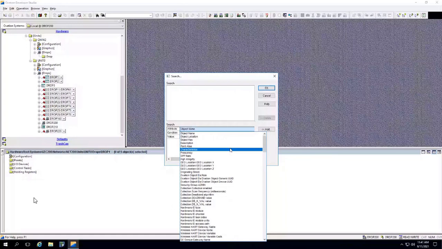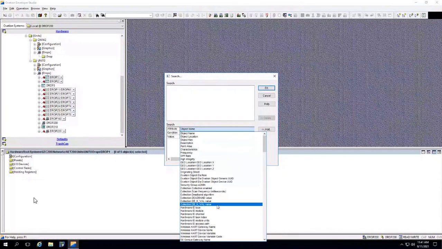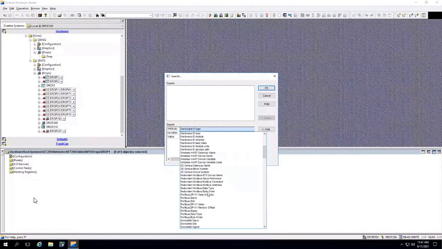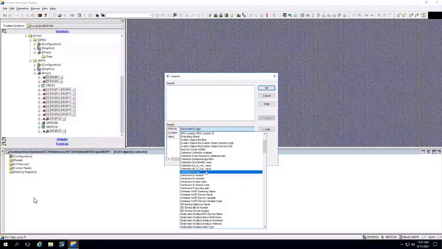From this, you need to select the property of the analog. These all are the properties of the analog points. That means after making the first filter for analog points in the beginning, the system gives you the properties of the analog points as a filtering mechanism. So I want to make a filter of hardware IO type from the drop down list. Give me a yes if you can see this section of hardware IO type in the drop down list. Yes, we can see hardware IO tab now.